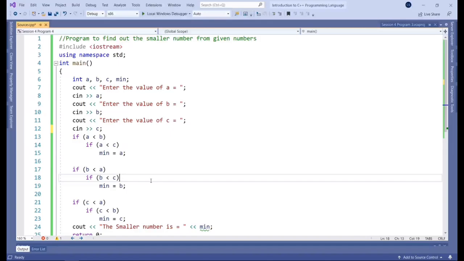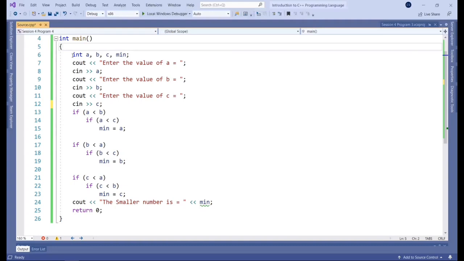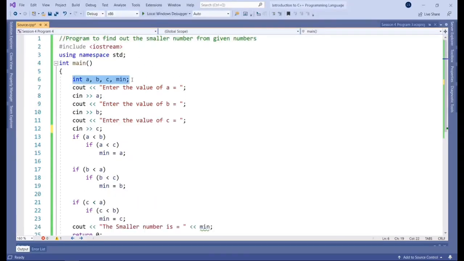So starting from the top, we have our preprocessor. So we'll be using the IOStream module because we're dealing with input and output. Our namespace declaration, to, again, let the compiler know what unique set of keywords we're going to be using to define our program. And then we go into our main function, which is going to run all of our code. Okay. So thinking about what sort of data we're going to interact with and how we can store that, we go on to declare our set of variables here. So they're all going to be integer: A, B, C, and then min to store the smallest of the values.